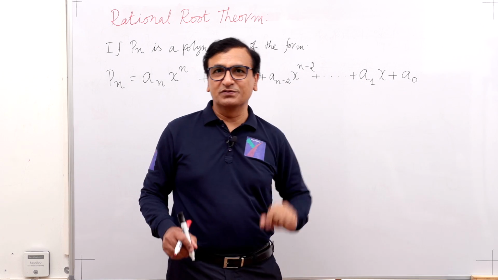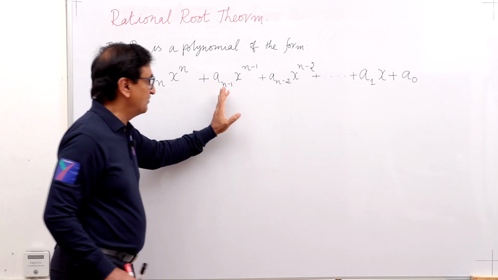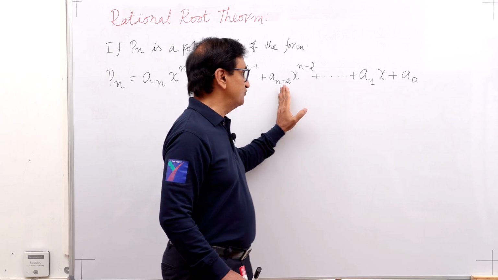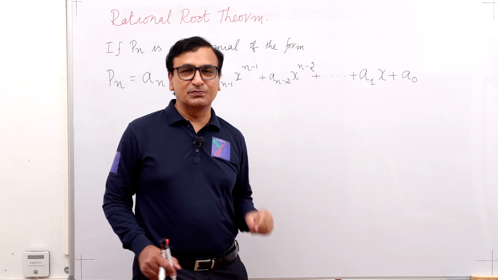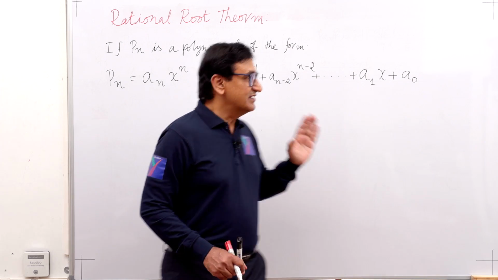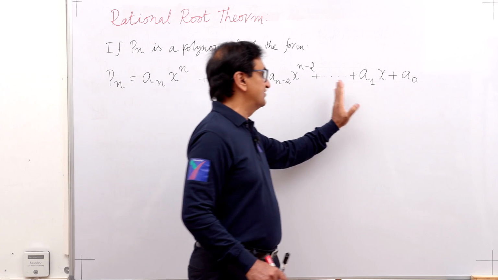And if we have a polynomial like this where the ai, that is a(n-1), a(n-2), etc., a1 and a0, are the coefficients of the polynomial,